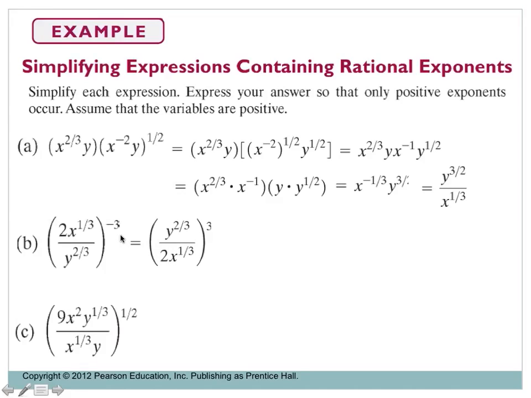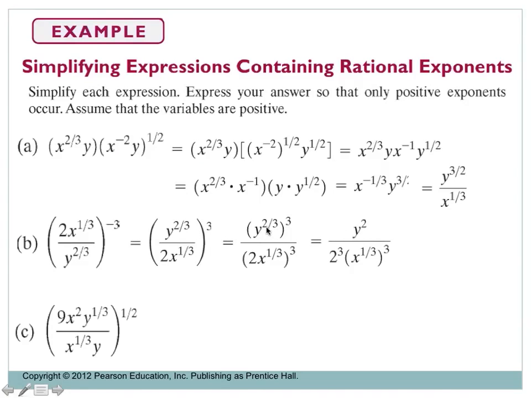All right, if we move down to b, what we're going to do here is something a little bit useful. We have the negative 3 power out front. We want that to be a positive power just so it's a little easier to deal with. So what we can do is flip our entire fraction upside down, which is what was done right here, and then make our exponent positive. So right now we have y to the 2/3 power divided by 2x to the 1/3 power, all cubed. And then we're just going to distribute this 3 to both